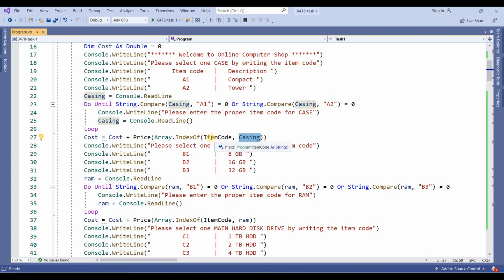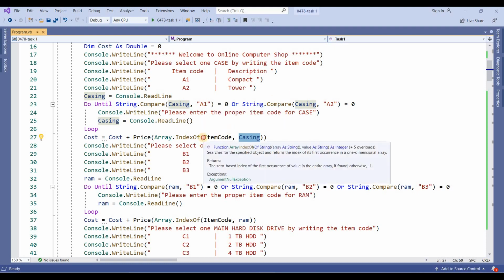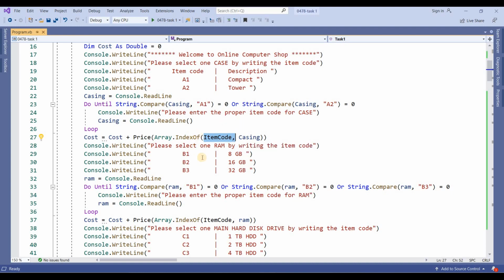It means I will find the index of A1 and A2 from the array item code. Okay, it will give me the index. Now I will use the same index for the price. Here I will use the index of the price, because the item index and price index are the same. Whichever index was used for the item code, the same index I need for the price, and the price I will store into the variable cost.